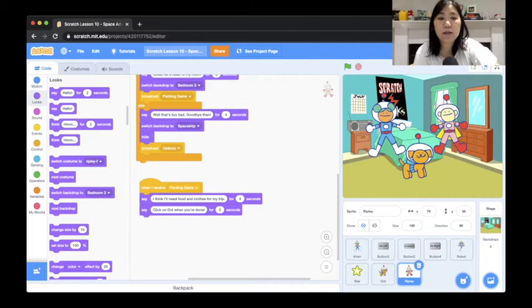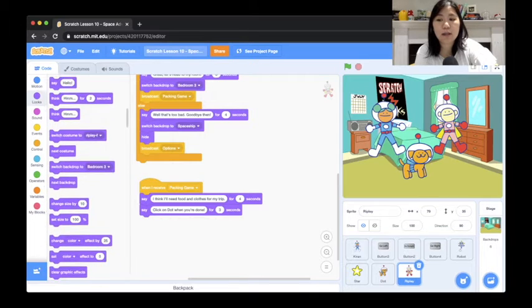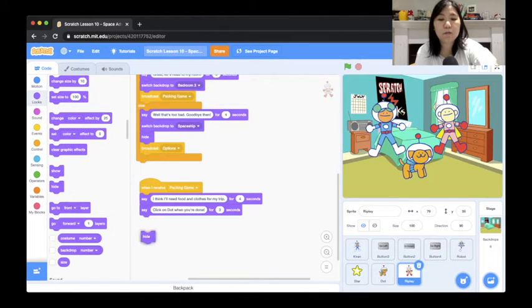So now we want Ripley to disappear so we have space to look for all of our items. So I'm going to grab the hide block. And also we want Kieran to disappear. So all we want is Dot and then whatever items we're going to choose for getting ready for the space adventure. So in Kieran's code,